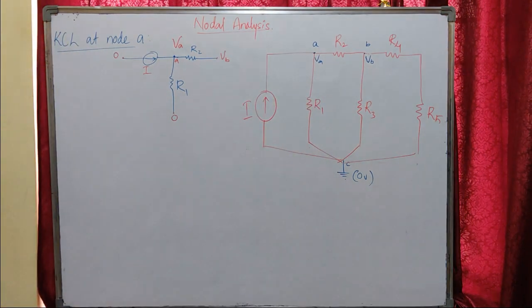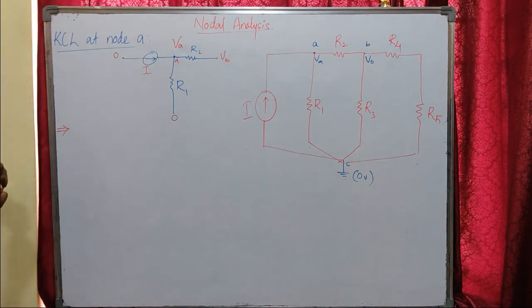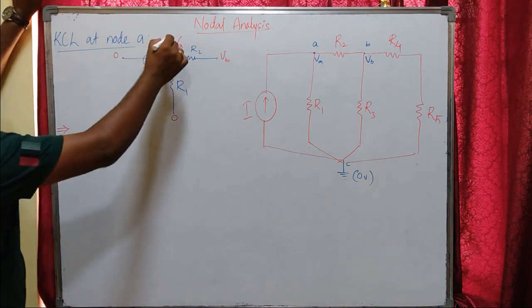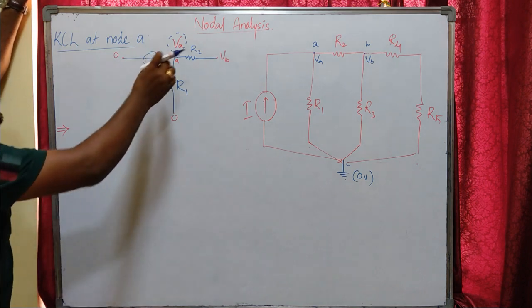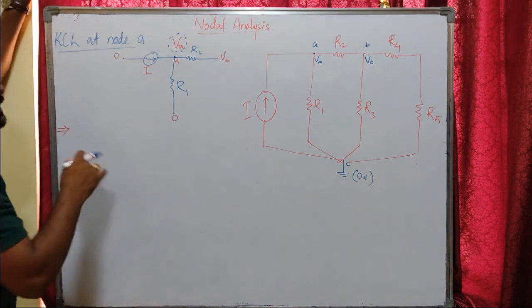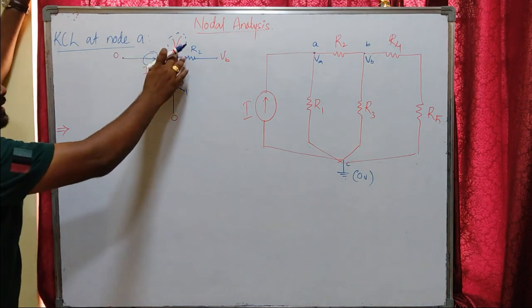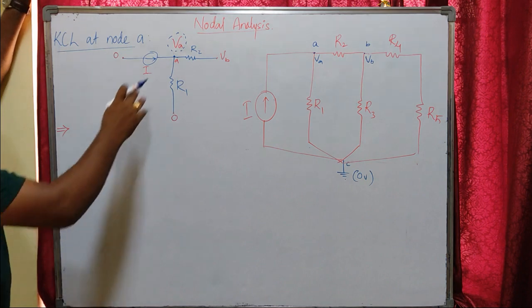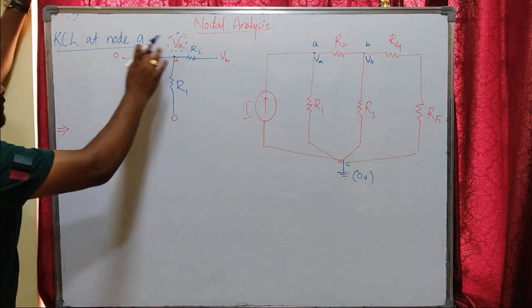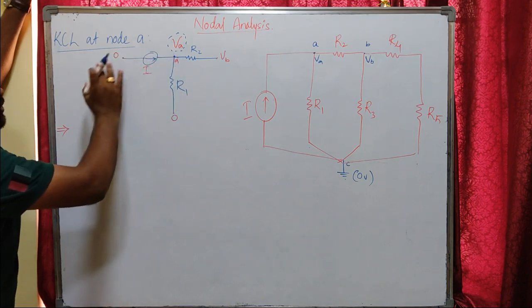Now let us write KCL. So how can you write this? Let us take currents leaving. Actually, by default, for nodal analysis, we treat the potential at node VA as higher. That means VA is higher than any potential available at the other terminals of each element connected to node A. So VA is higher, so VA minus 0 is the actual current.